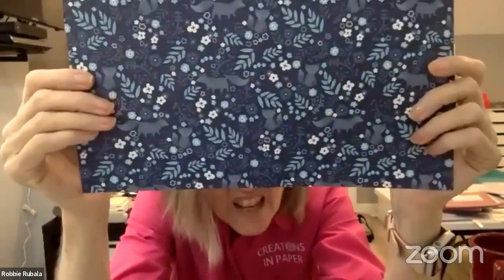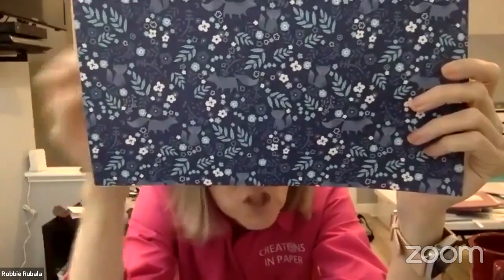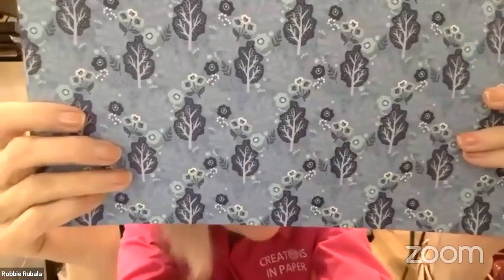Don't you hate that? This side is gorgeous. It's got, you know, some dots and all. This side has animals on it. So all of the six papers, because you get 2 of each, one side has animals on it. I'm not an animal person. The only paper that doesn't do that is this side that has these adorable flowers. I don't know if you can see it. And then the other side has this. But all of the others have animals on it. You would not see that in the catalog. So that's why I thought, well, maybe